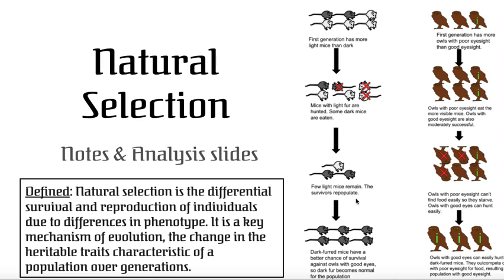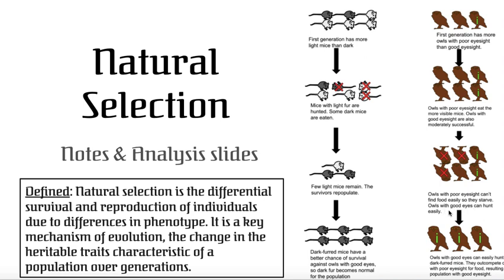And so the survivors start repopulating, and they start to select each other as the darker ones, knowing that the lighter mice are not going to have a better chance of surviving. So they don't want to have babies that have light fur, because they've been selected by the owls to be eaten. Now, owls with poor eyesight can't find food easily, so they start to starve and reproduce at a lower